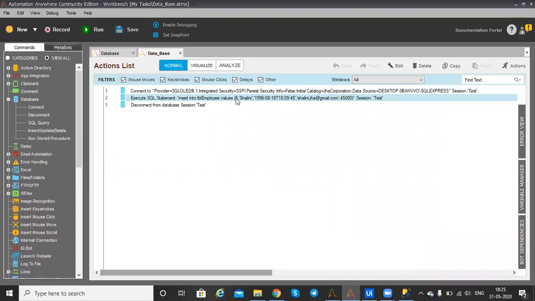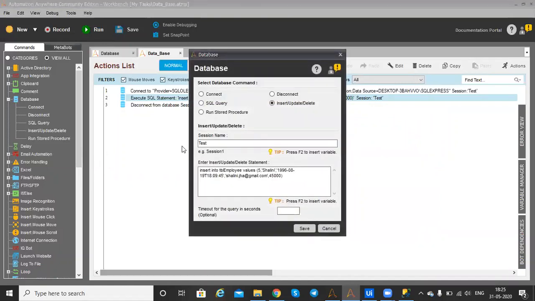Right now I will delete the data, and for delete we use: delete from table employee where id equal to 5, and save it.